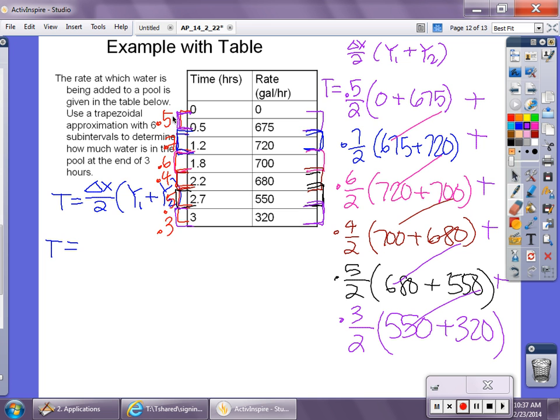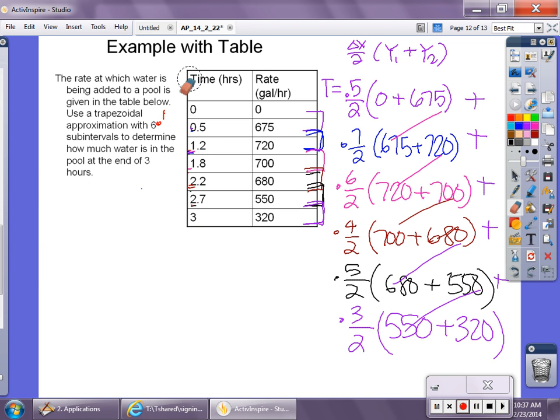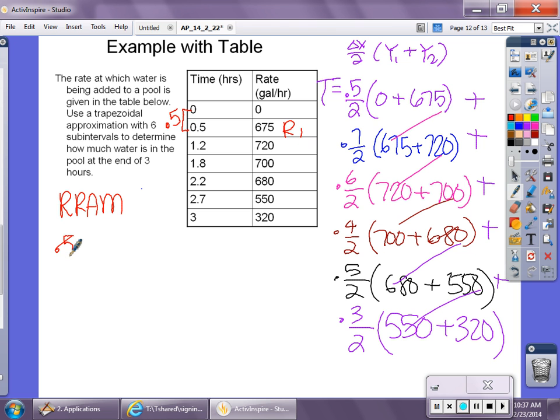Now what I'm going to do is redo the problem as an, I think I said I'll do an LRAM. Let's do an RRAM. I feel like I do a lot of LRAMs. So an LRAM would say, first, in red would be the width here, which is 0.5. And if I'm doing an RRAM, I can't remember. I keep switching back and forth. I'll write it down so I remember which one. An RRAM, this would be my first height, R1 here. So that would be 0.5 times 675 plus my second rectangle would be the width here, which is 0.7, and